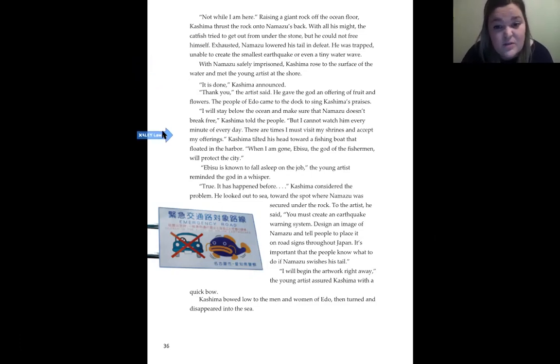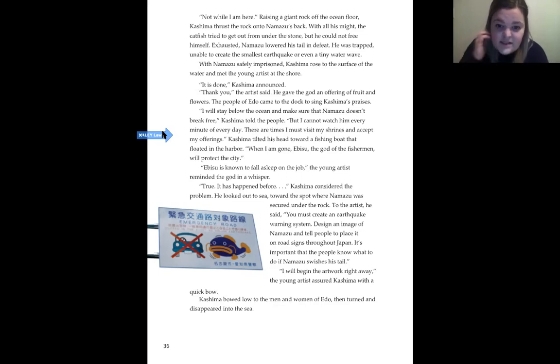Kashima tilted his head towards a fishing boat that floated in the harbor. "When I am gone, Ibisu, the god of the fishermen, will protect the city." "Ibisu is known to fall asleep on the job," the young artist reminded the god in a whisper. "True, it has happened before," Kashima considered the problem. He looked out to sea, towards the spot where Namazu was secured under the rock.